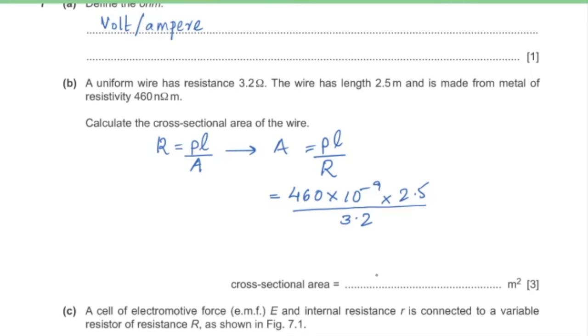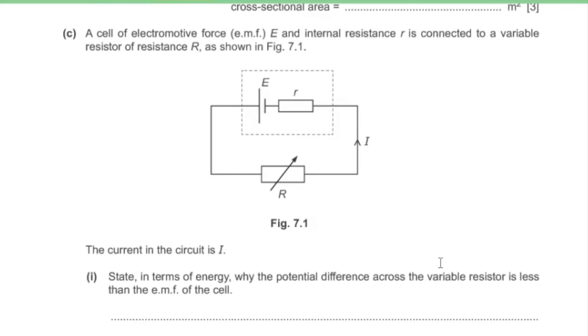Hence, the cross-sectional area of the wire is 3.6 × 10^-7 meters squared. Part C: a cell of EMF and internal resistance is connected to a variable resistor of resistance R, as shown